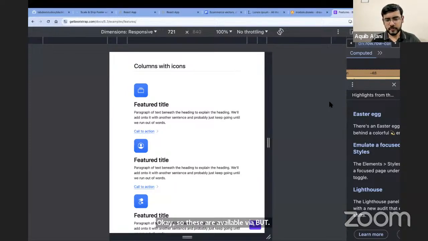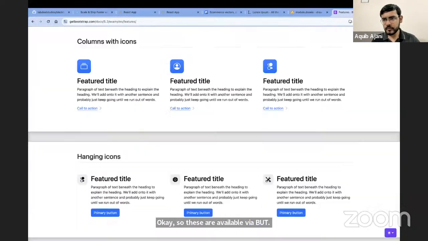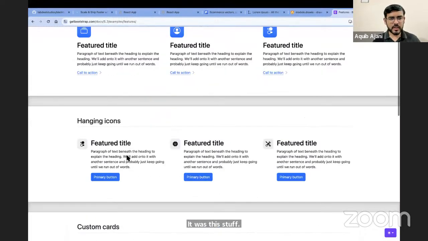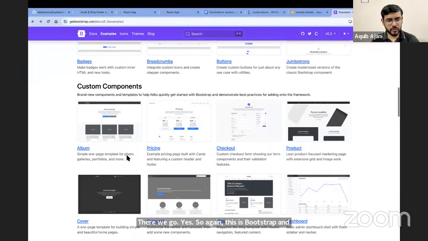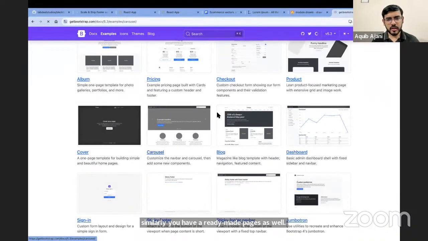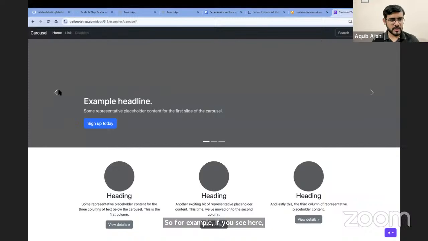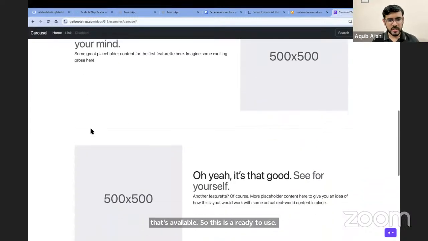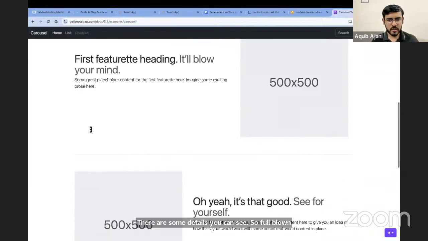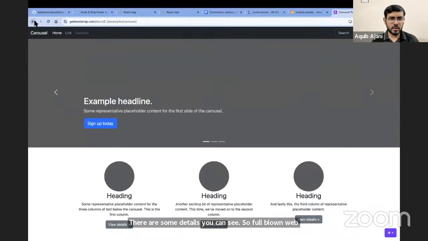Close this off. There we go. So again, this is Bootstrap, right? And similarly, you have ready-made pages as well. So for example, if you see here, there is an example of carousel that's available. So this is a ready-to-use slider. There are some details you can see. It's a full-blown web page. So all of these things are also available